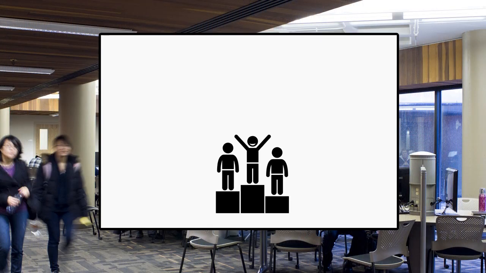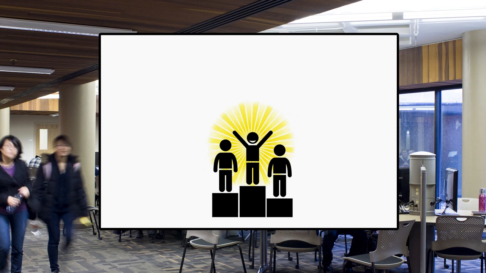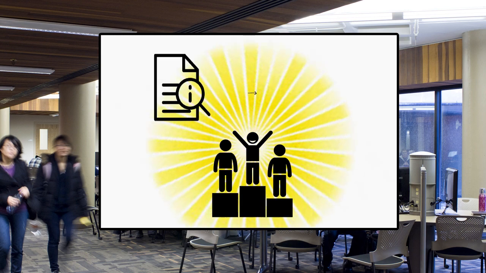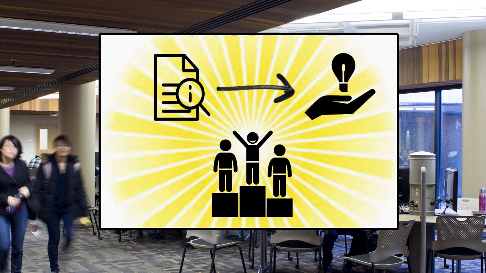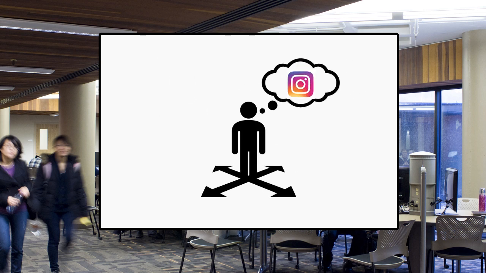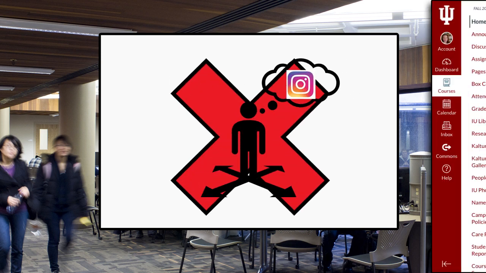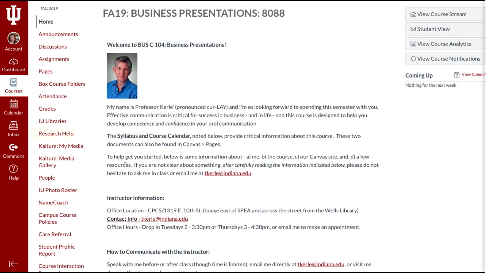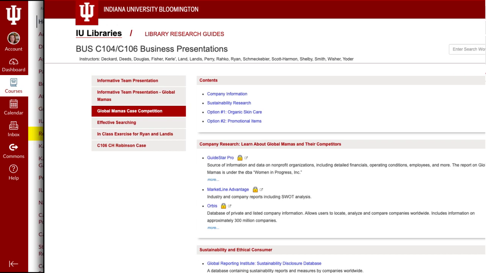The Business BIA library works with students every semester in C104, and we've found that winning, innovative ideas come when you let the research process lead to a solution. Avoid making the mistake of coming up with an idea first and then hoping to find research to back up your claim. Remember to access the databases in this video from the library guide, located under the Research Help tab in the Canvas course site.